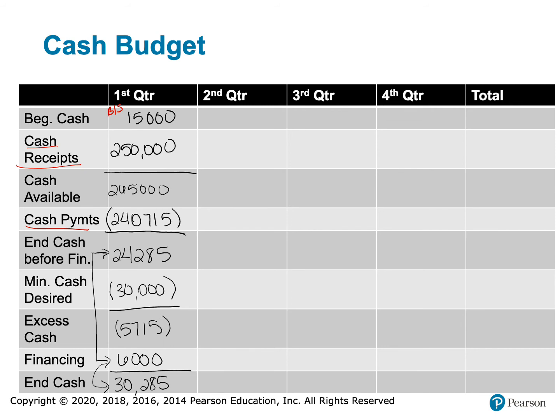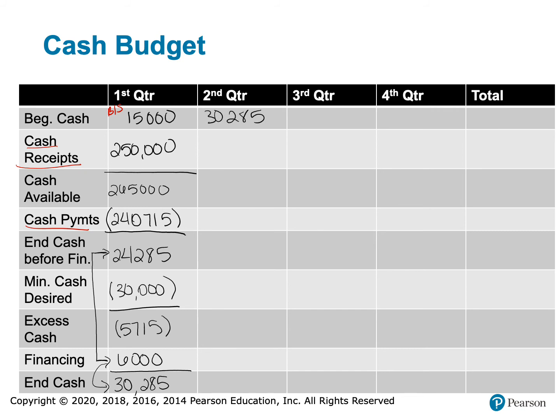So for the second quarter, my beginning cash now becomes the 30,285 from quarter one. So quarter one's ending becomes quarter two's beginning. So I'm going to pull that 30,285 up here. My hand keeps touching the screen, and so